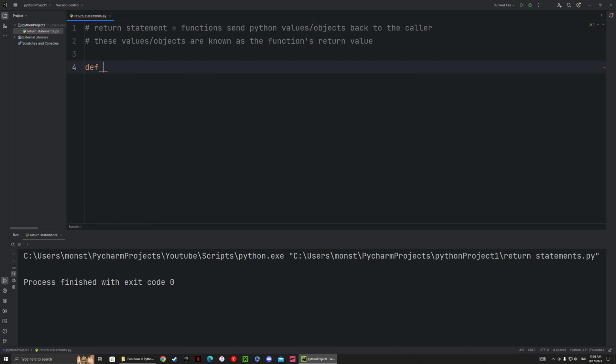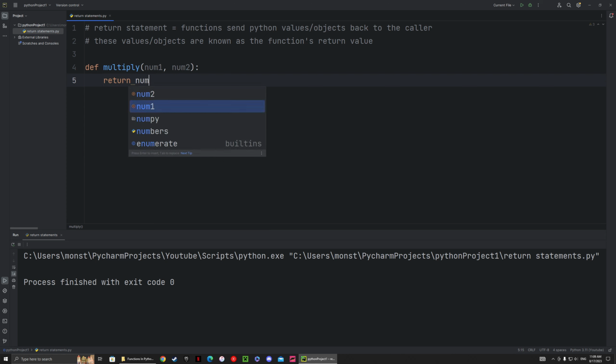So we have an example here, and it's an example that's going to be returning the product of a multiplication equation. So define multiply, and then you have number 1 and number 2 as the parameters, and then you want to return number 1 times number 2,